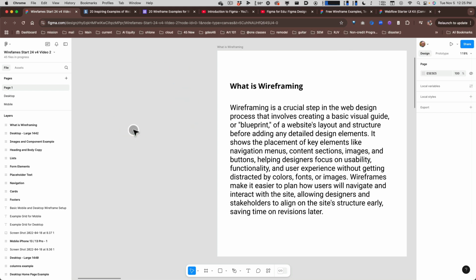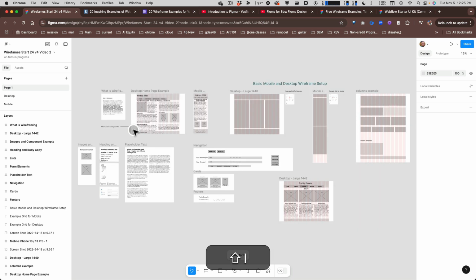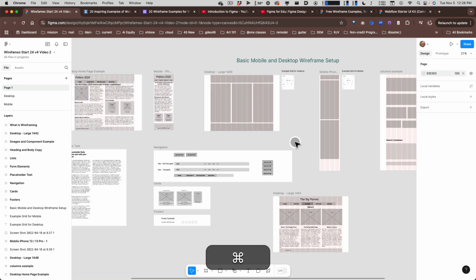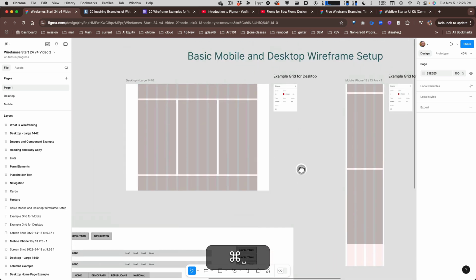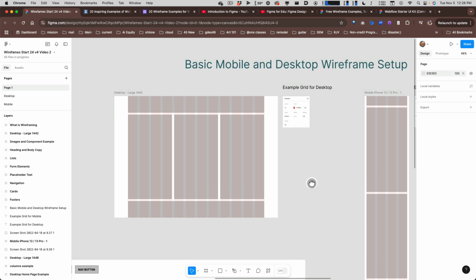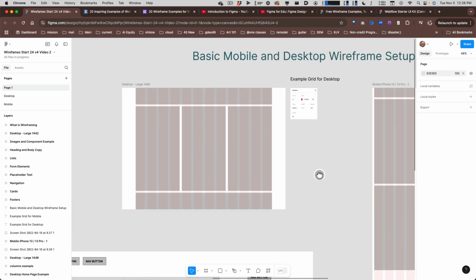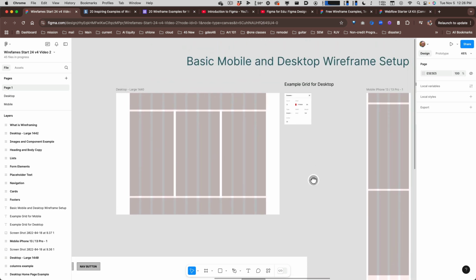This is a file that I will most likely give you guys, and it has a lot of stuff in it. I'm going to go through what's in it so you know what you can do with it. I will give you a version of this file, hopefully, and then you can start with this and not have to make everything from scratch. It's kind of like a lo-fi wireframe kit made by me, sort of. I also got things from other places, not like I made everything by myself. So there's a couple of